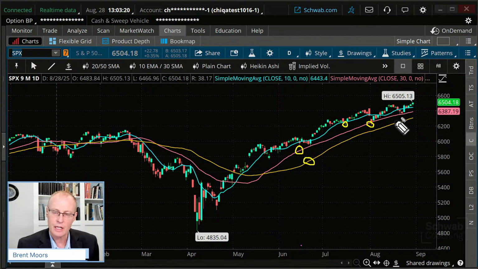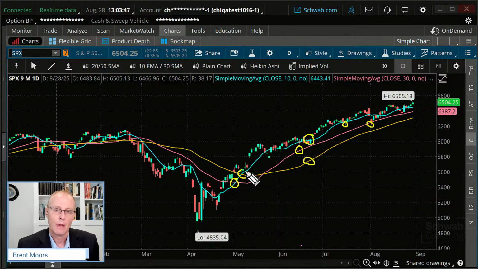When a stock or index crosses above a moving average, for some traders, that is a signal to buy. And that's not a recommendation. It's just how some traders use that as a bullish signal when we cross above a moving average, like there. Sometimes people will use moving average crossovers, when one moving average crosses above another, as maybe a bullish signal.